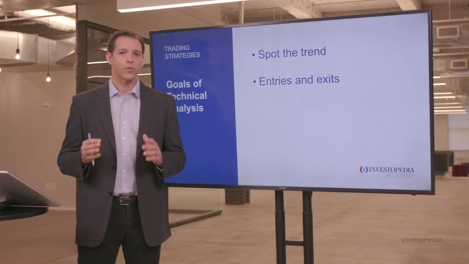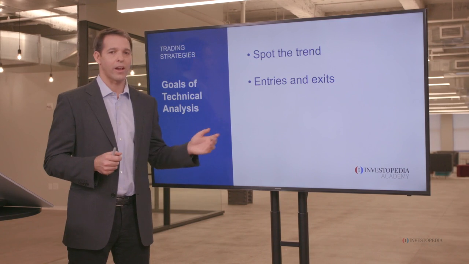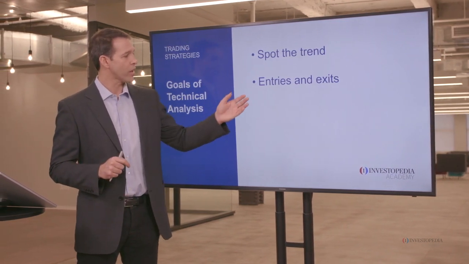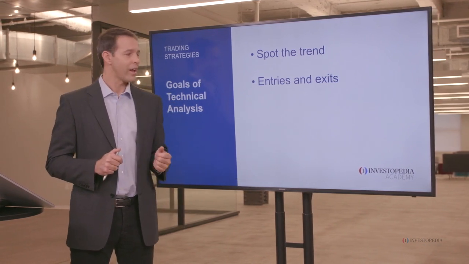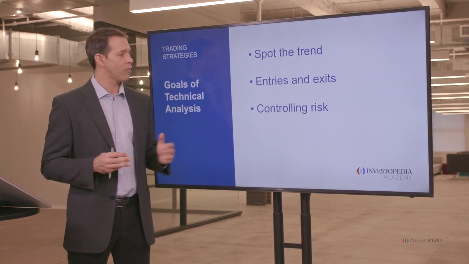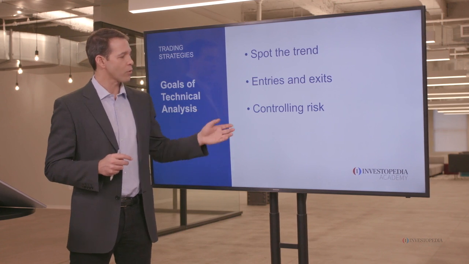Next, entries and exits. So technical analysis can show you where the market has support and where it has resistance. And if you use these levels, you can identify where you should buy and where you should sell. Technical analysis also helps you control your risk. So because you've identified where these support and resistance levels are, you can set up buy orders and sell orders